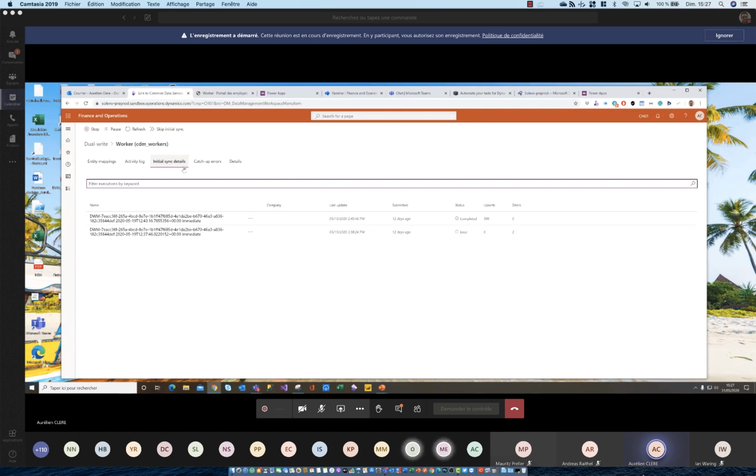Is it the finance operation, your own master data of workers, and you want to sync the worker data of finance operation to CDS with finance operation as the main master data? Or you can do it the other way between CDS and dual write. So when you do this initial sync, it will ask you what the direction of the sync is.